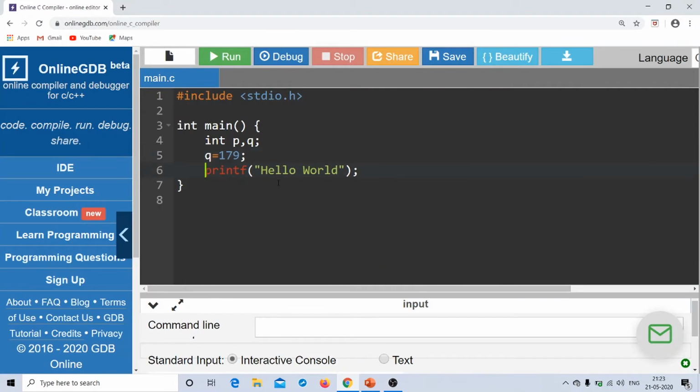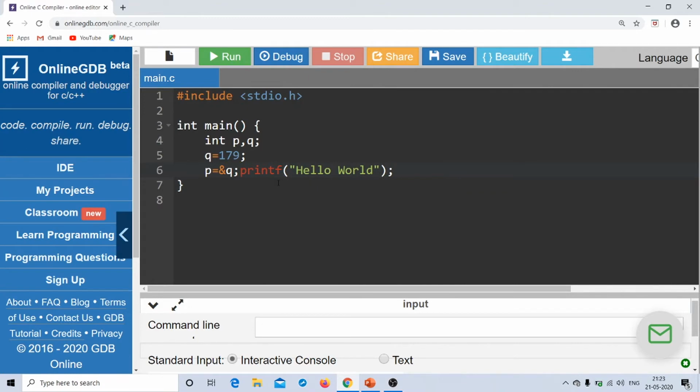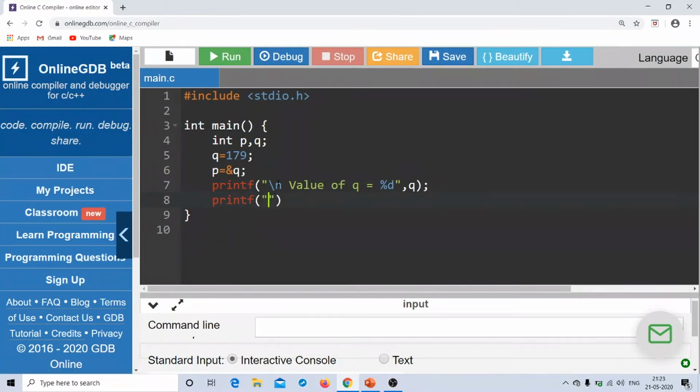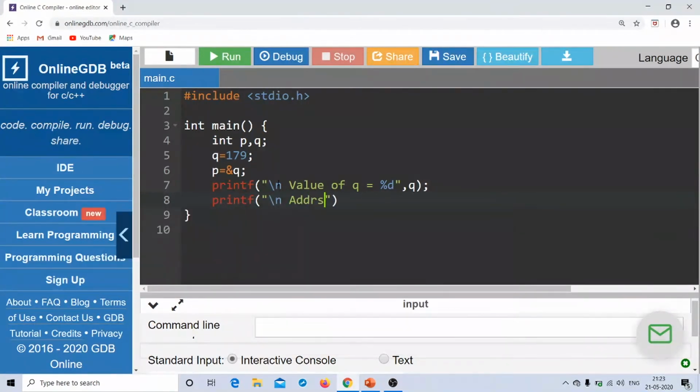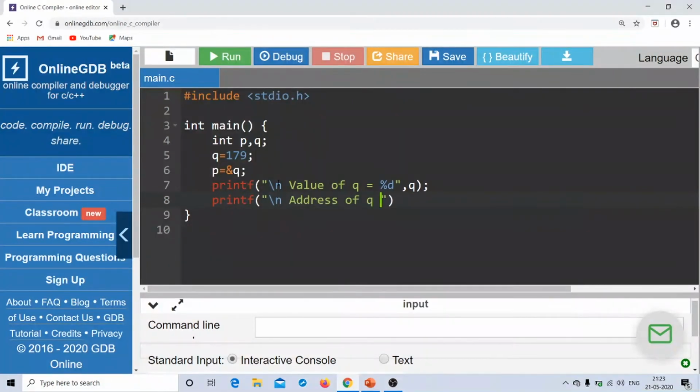That's what we have seen in the PowerPoint slide. And then P is equal to ampersand of Q. And then what I do is I say value of Q is equal to percentage D, and then I say Q. Let me go with one more printf statement. Address of Q is equal to,